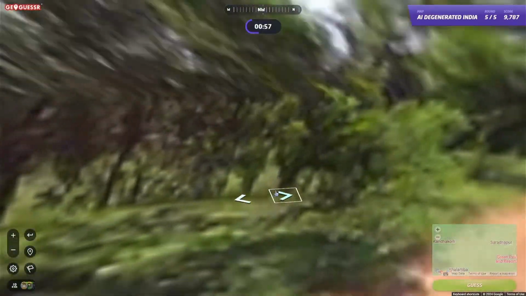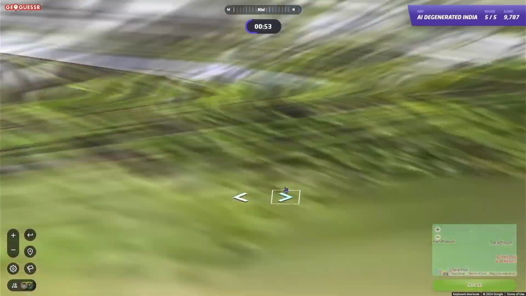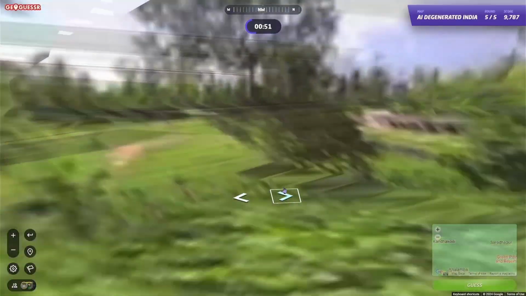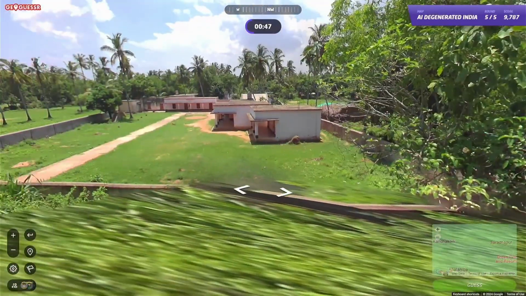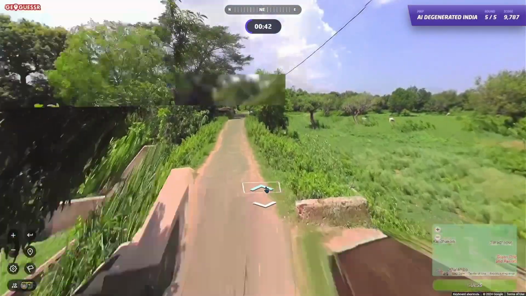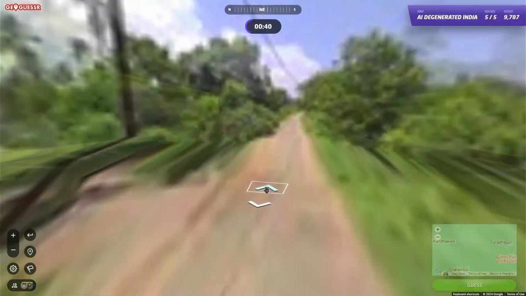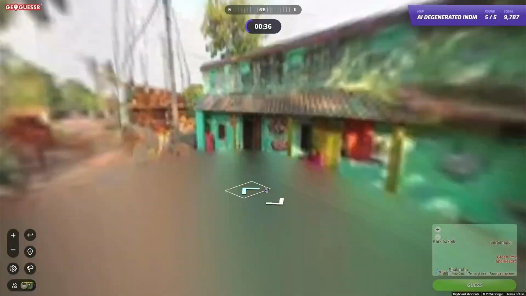Okay. But yeah, there's no doubt that this is Odia. It's very circular at the top. It's actually surprising that it's all Odia. We're definitely off the beaten path. I will say that. Watch, we'd be right outside the capital of the state.